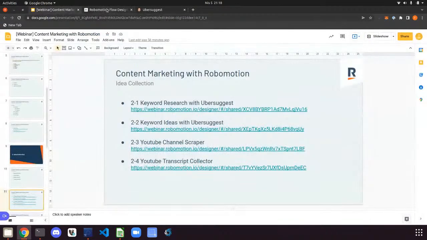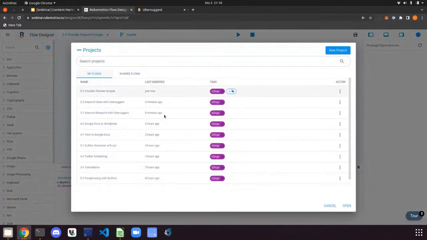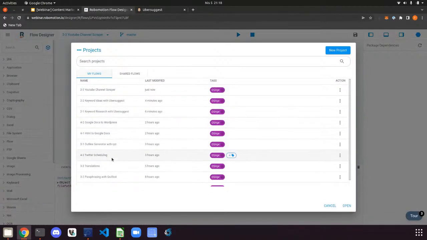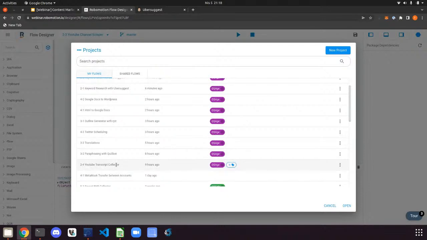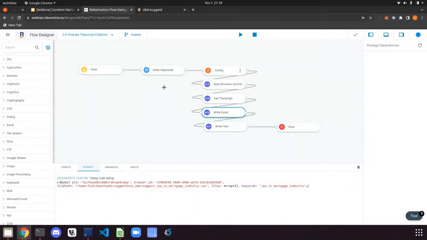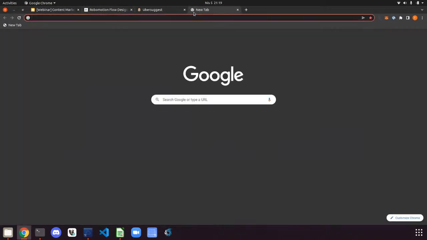So let's continue. The other one, this one actually was a request from some of the community members, the YouTube transcript collector. This can maybe help you when you try to write content for your blog, not the H1 and H2, but the paragraph content. And you may be watching many videos to create that content. And if you like the content of that video, YouTube gives you a way to download